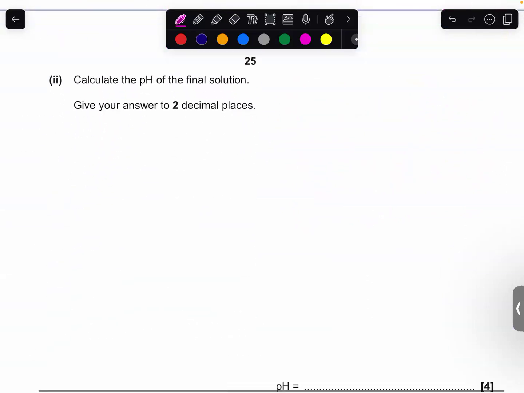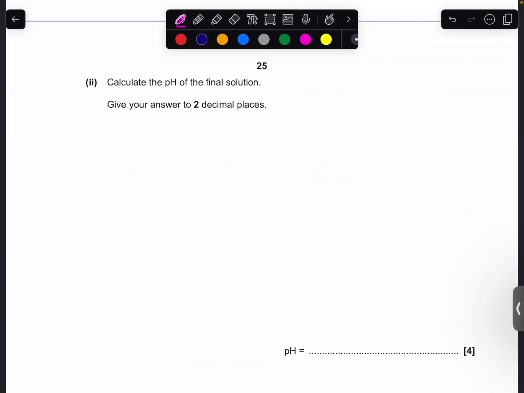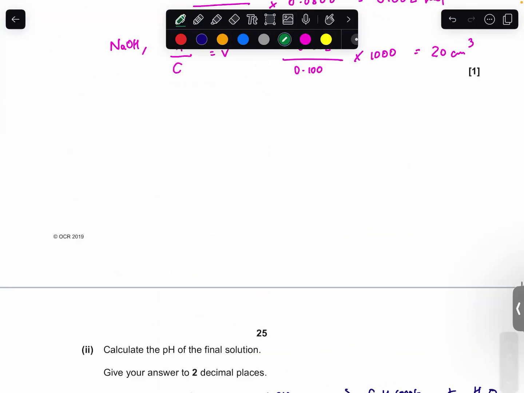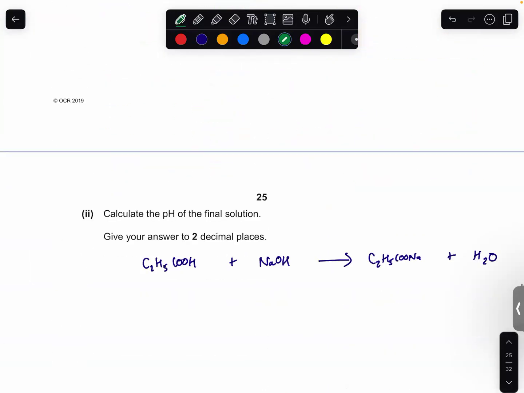It says calculate the pH of the final solution. Okay, what we've got here, ladies and gentlemen, we've got propanoic acid reacting with sodium hydroxide. That's going to give you sodium propanoate and some water. And so what we've got here, we've got the volume and concentration of propanoic acid. We already worked this out,